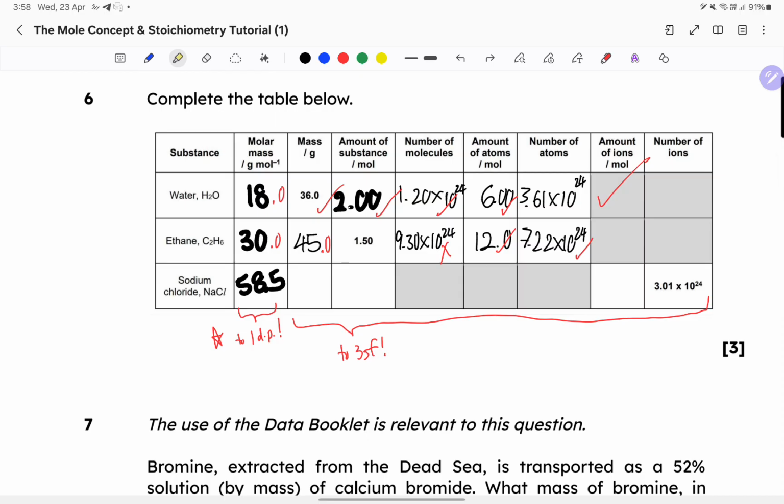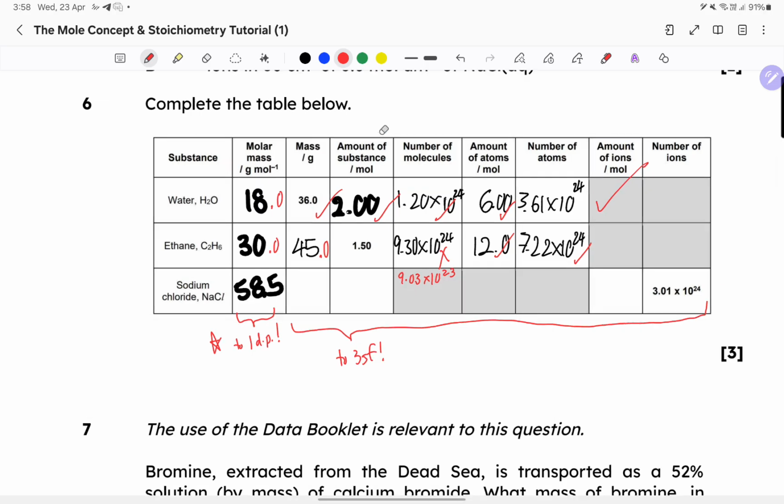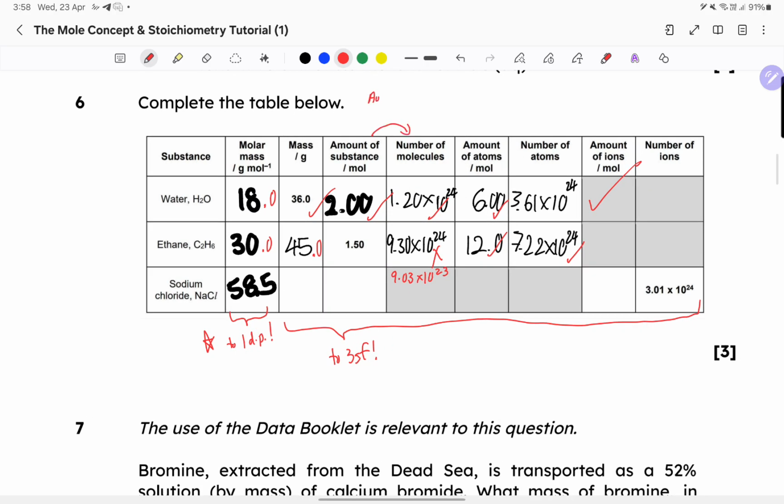Once you do that, 1.5 times 6.02 times 10 to the power of 23, this will have given you 9.03 times 10 to the power of 23. I think this could be a calculation error on your part, right? So just know amount of substance is moles, and then to get from here to here is basically Avogadro's number, which is in terms of particles per mole. So in that sense, moles will get cancelled out,